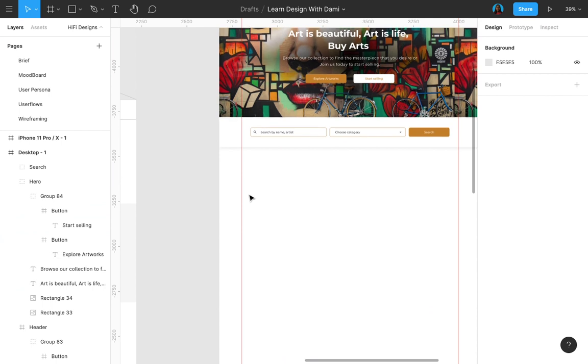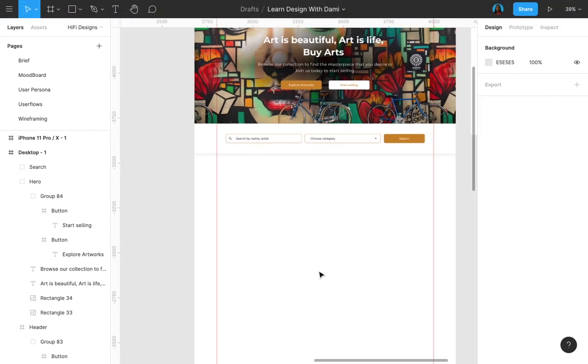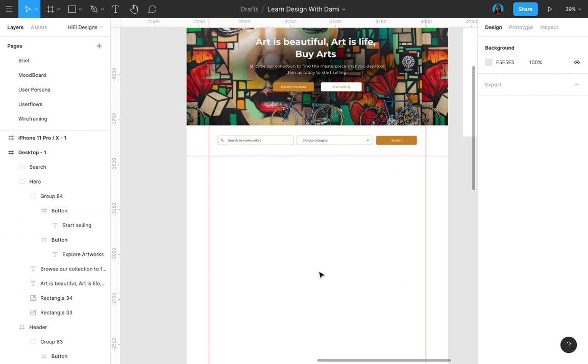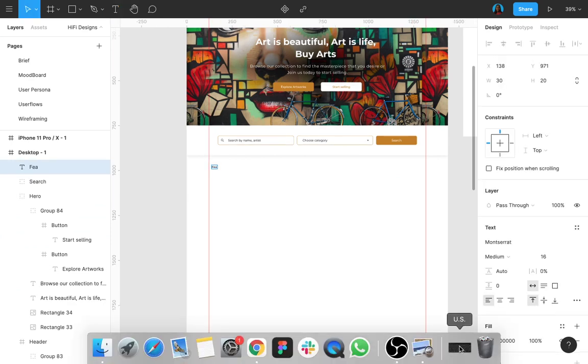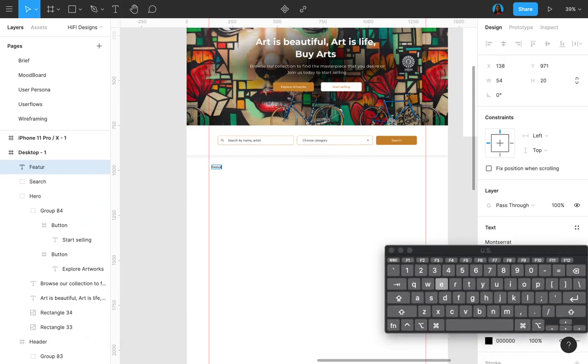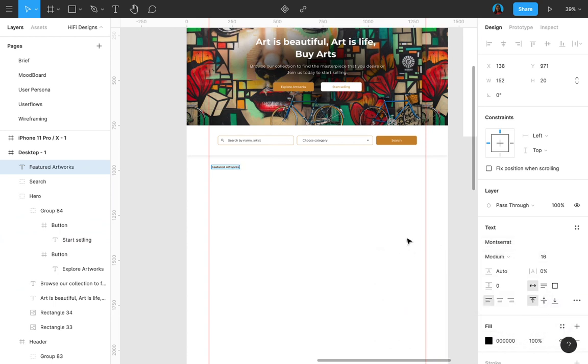So how can we design featured artworks? Alright, first you need your text that would state the featured artworks. You can make the text 24. You can make it semi-bold. Alright, so in doing that, another thing you need to do is